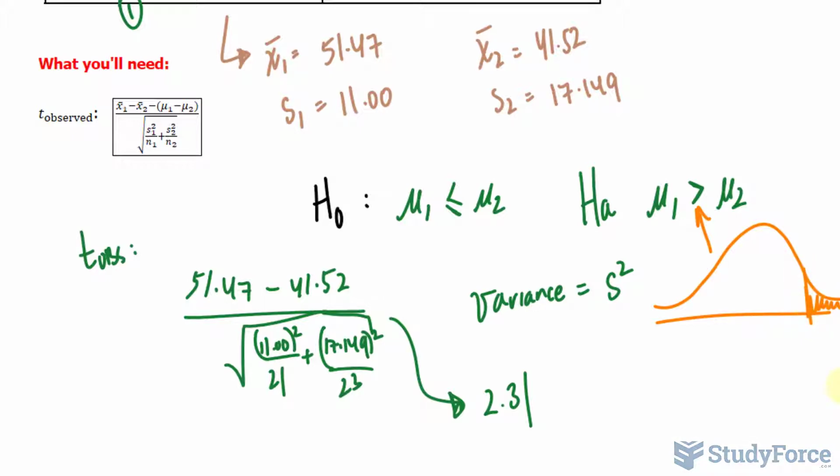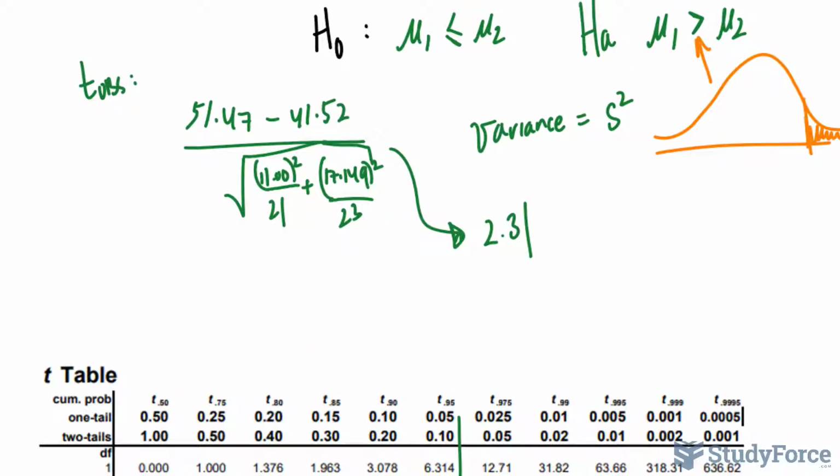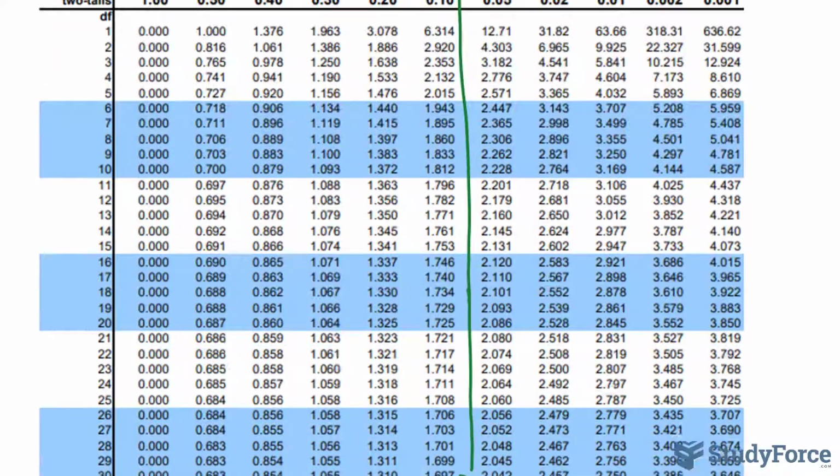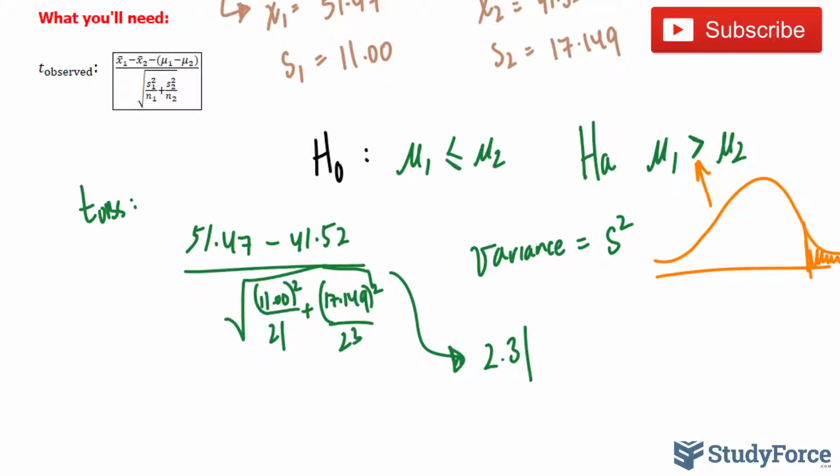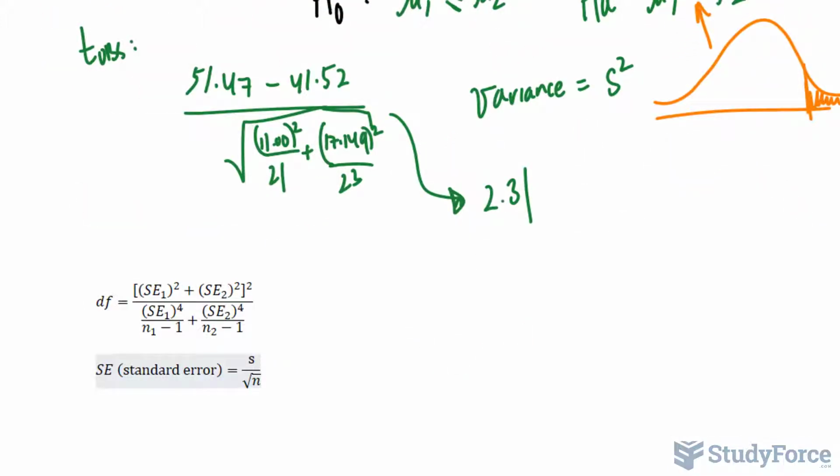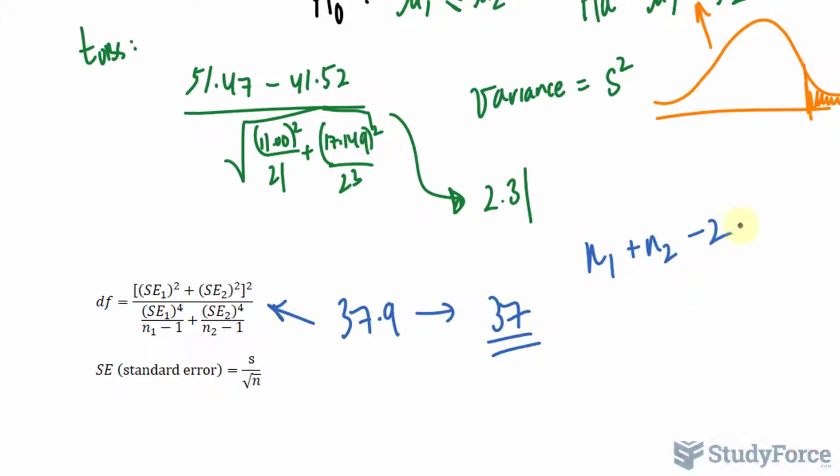In addition, they haven't told us whether it is equal variance or not. If it's equal variance, then finding the degrees of freedom is a lot different than finding the degrees of freedom if the variances are not the same. The degrees of freedom formula for when the variances are not the same is this, and if you substitute all the values into this formula, you should get 37.9, which we round down to 37. The degrees of freedom formula for when the variances are the same is actually a lot easier. You do n1 plus n2 minus 2, which would be 41 in our case, 21 plus 23 minus 2. But we will assume for the sake of this video that the variances are not equal, and we'll use this